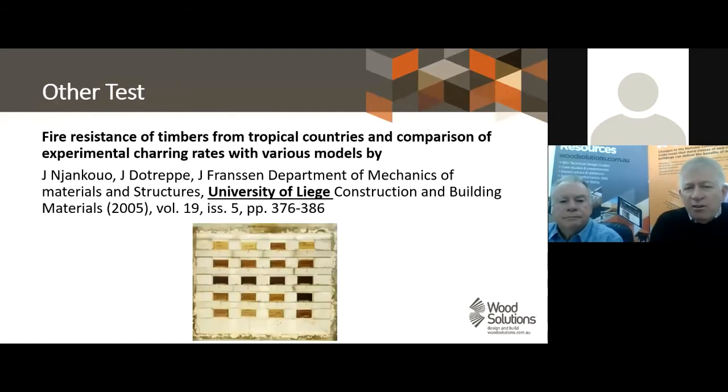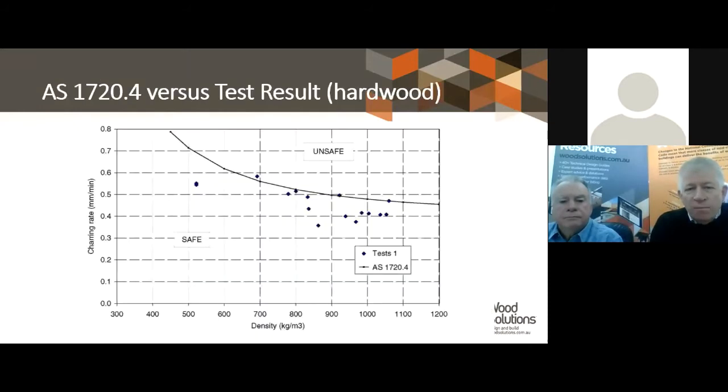And we look at others who've been doing this work. It's quite interesting. A number of researchers around the world have been comparing the Australian standard versus their material. This one is from Leeds University in Europe. They compared a whole bunch of different density timbers, with density along the bottom and char rates in millimetres per minute, against the Australian 720 part 4. And it's good to see that most of the timbers tested fell on the safe side of the curve, and